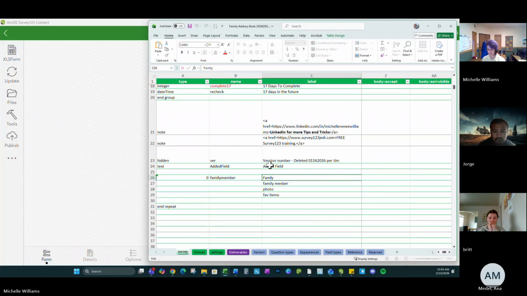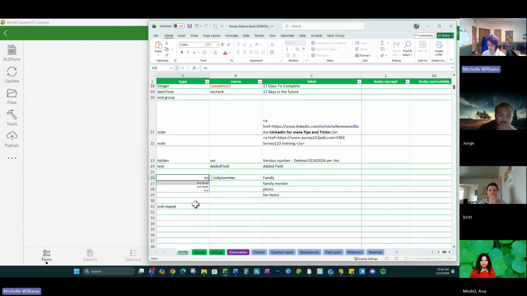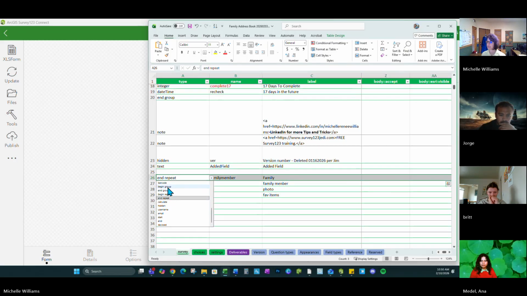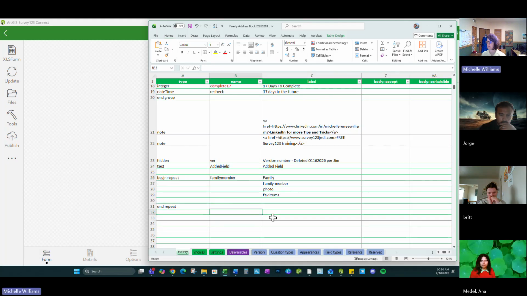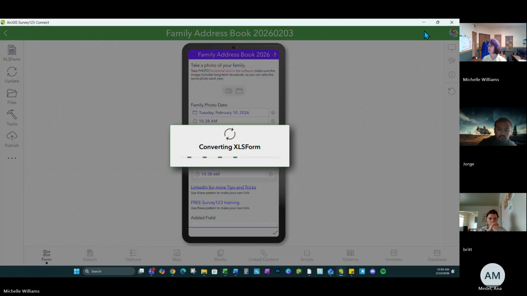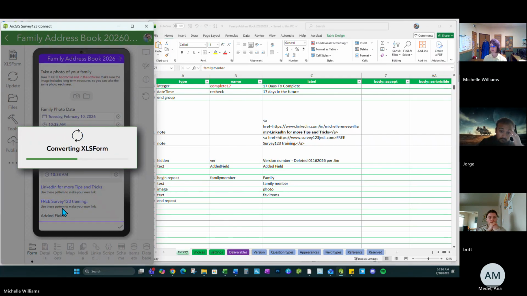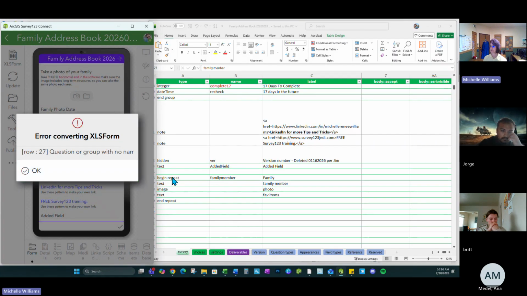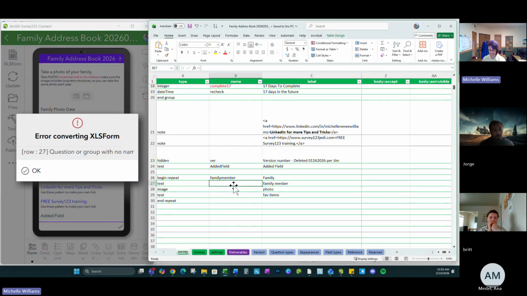Oops. Really? Way too many things on my keyboard today. Beginning repeat. There you go. And then just for now, we'll put text, photo, we can put image and text. And we could probably not use this one, delete and say save. Row 27 has no name. Let's see. That is correct. But